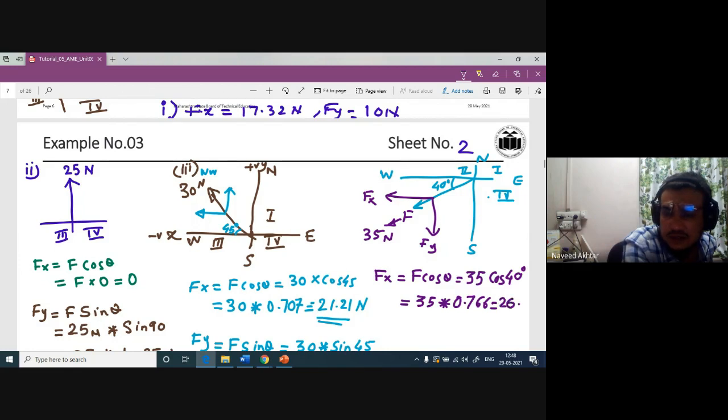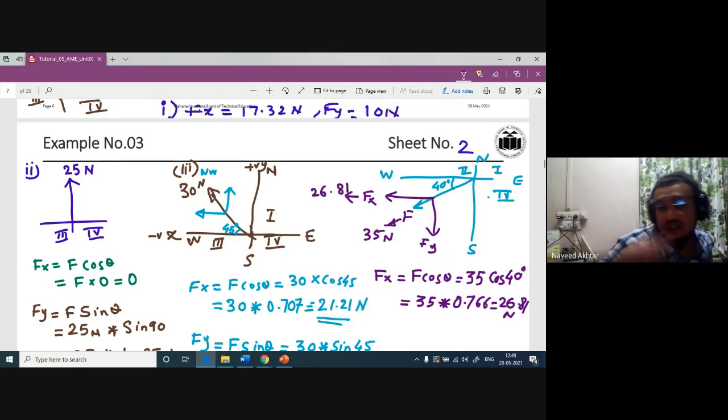The value of fx you have calculated is 26.81